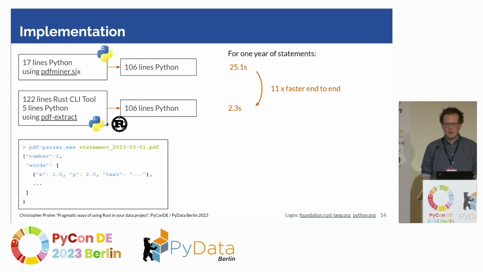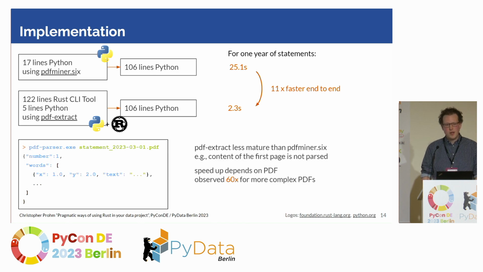There are a couple of caveats here. On the one hand, I definitely have to mention that PDF extract is definitely less mature than PDF-6. For example, in this bank statement of mine, there's this initial page where you have this greeting, hello, Mr. Prohm, and so on. This is not parsed at all. This is completely lost. So whether this is applicable clearly depends on the PDFs you're using